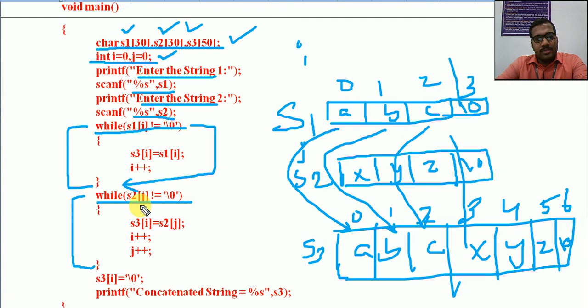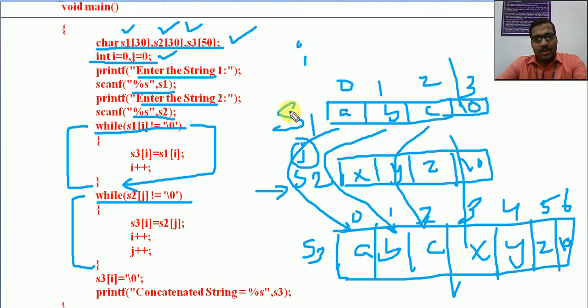So let's just listen here. While S2 of j is not equal to \0, we are using a second iterative loop with the j variable. S2 is iterated through j. We have already mentioned that. So while S2 of j is not equal to \0, j's initial value is 0. Until it reaches this \0, what we are doing is S3 of i.